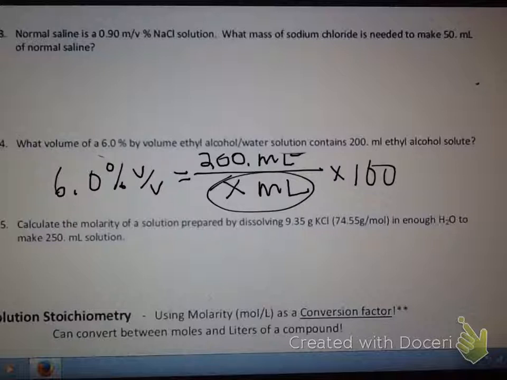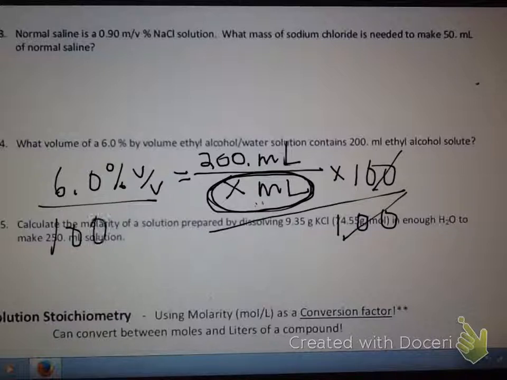Okay, here's the thing that you need to notice about this one. Our unknown that we need to solve for, our milliliters of solution, is in the denominator. A lot of students set this up correctly. They'll get to this part. However, they'll get the wrong answer because they'll miss the algebra. We want to isolate x. The first thing we're going to do is divide both sides by 100, right? To get rid of the percent. So go stepwise with your algebra. So we're going to divide that by 100. We're going to get